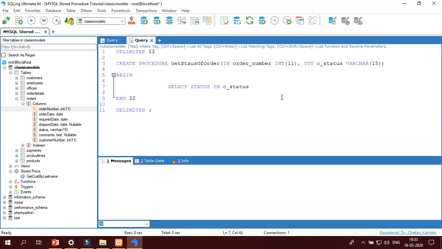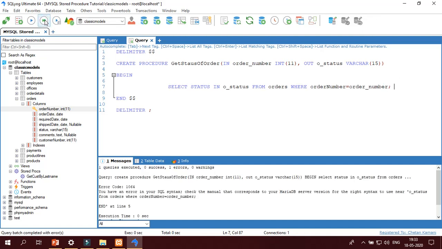Select status into, from which table? Orders. Where? order_number equal to order_number. It must be the same as this. Okay, now I'm going to run this.